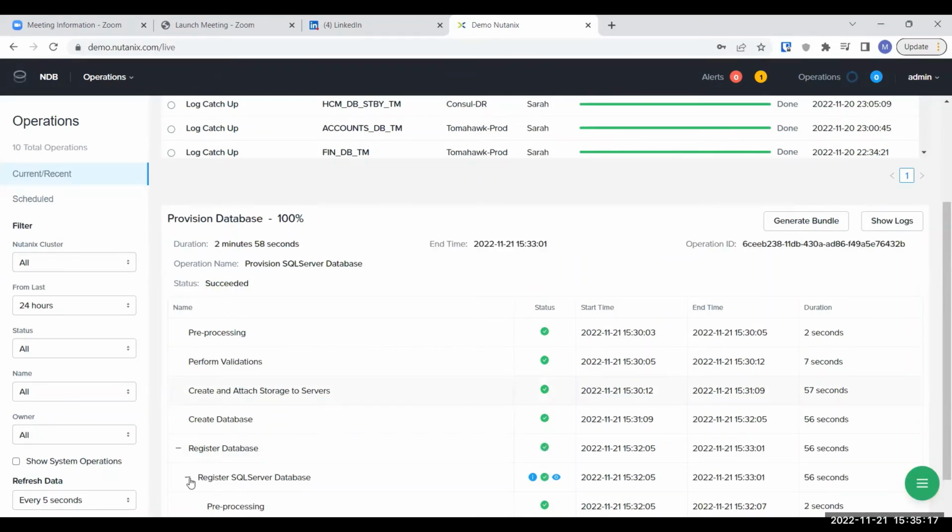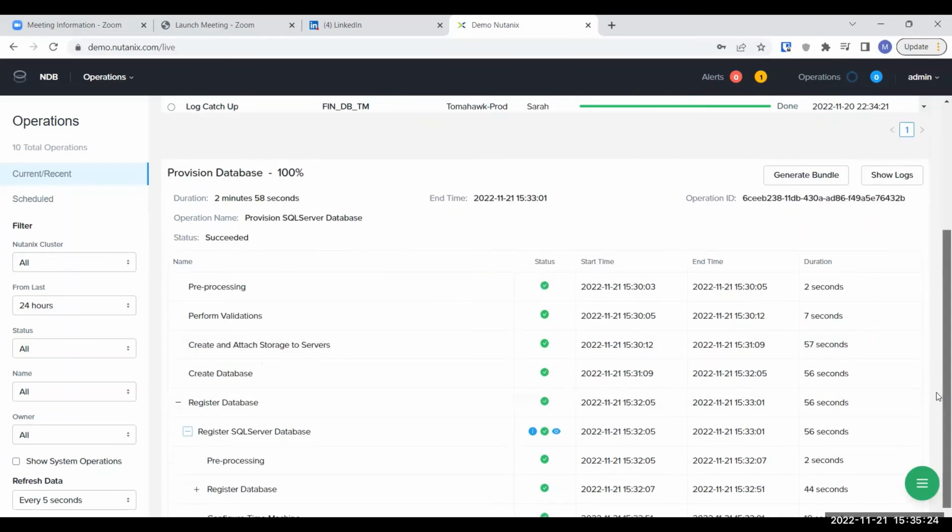You see, the database has been provisioned within 2 minutes and 58 seconds. How quick it is. So instead of days and weeks, deploying a database is a matter of minutes with Era.